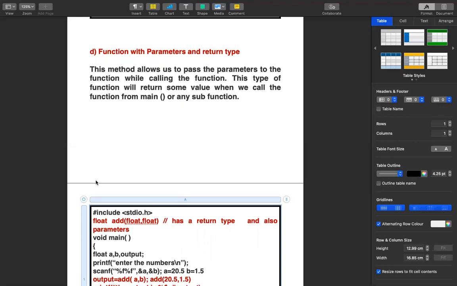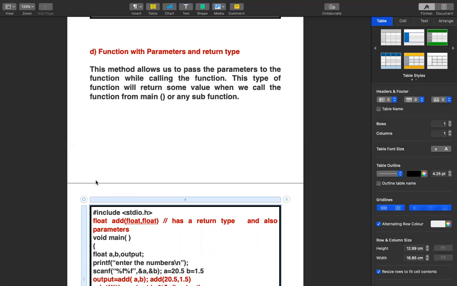So this completes your 4 types of function based on parameters and return type. Let us see the other concepts related to functions in the next class. I hope you have understood all these 4 types, and there is no necessity that you have to follow one type only. There are different ways.